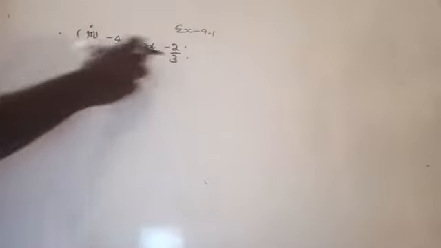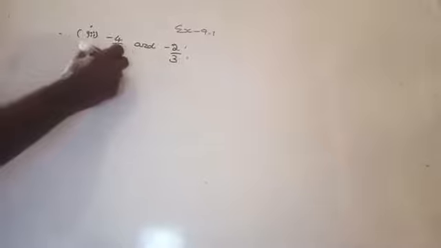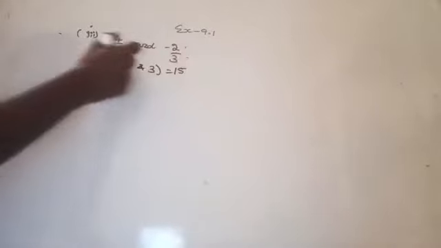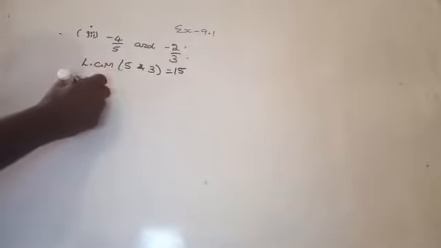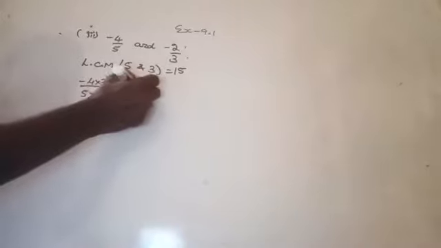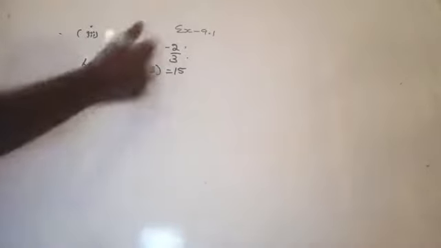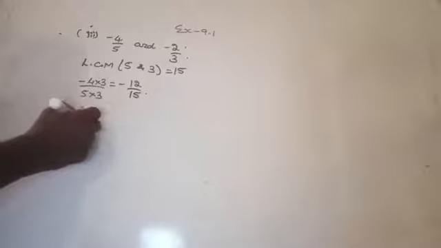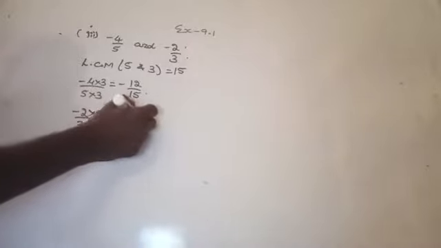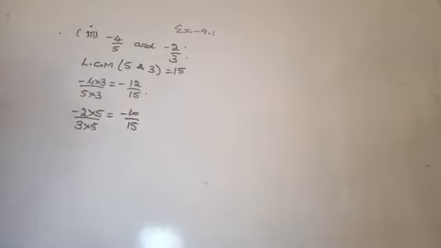Now what is the LCM of 5 and 3? The LCM of 5 and 3 is 15. So here, minus 4 by 5 into 3 by 3, minus 12 by 15. Then minus 2 by 3 multiplied by 5, minus 10 by 15. Am I right? Now we got like fractions, that is minus 12 by 15 and minus 10 by 15,